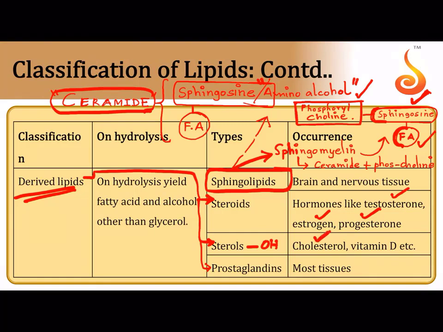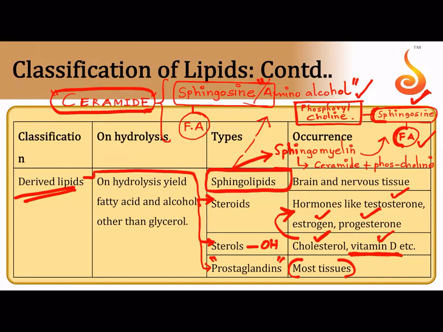Cholesterol is a component of the cell membrane, and a derivative of cholesterol is present in our skin, and when we expose our skin to sunlight, the UVB rays will help in the synthesis of the sunshine vitamin that is called vitamin D. Cholesterol is also the precursor for the synthesis of some of the hormones that we discussed under the steroid section. It is also used in the synthesis of bile acids. Okay, there are certain local hormones found in most tissues which are steroid derivatives. They are referred to as prostaglandins.